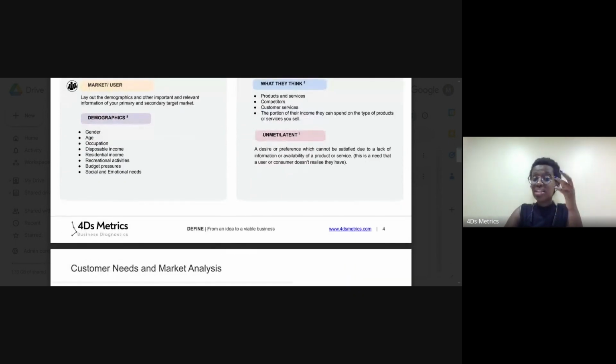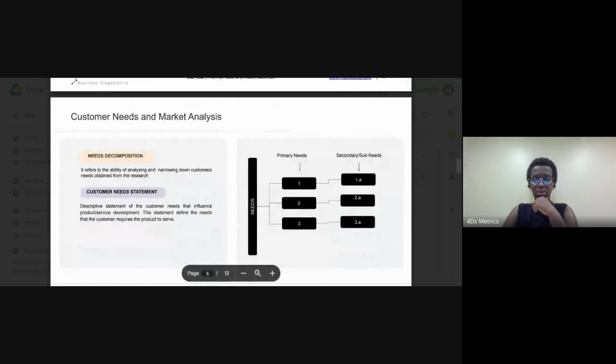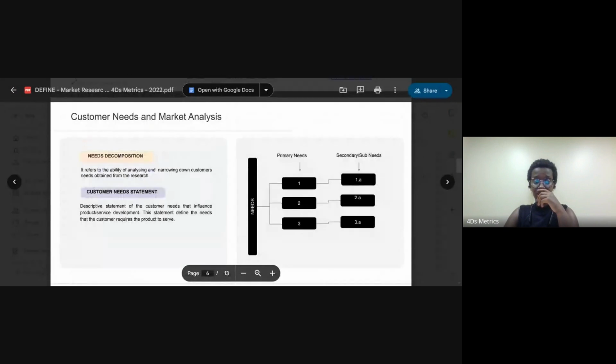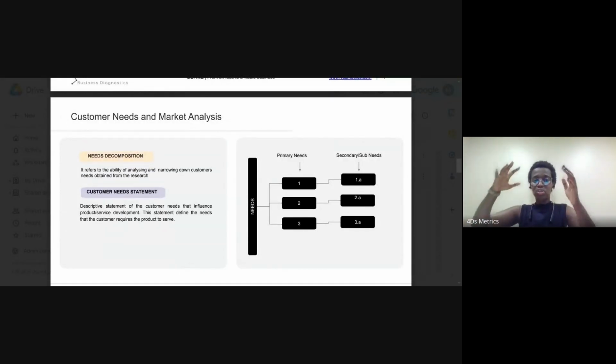It also, in the observation, you get to see needs that you did not think about before, but customers have shared, and it also gives you an idea of what needs they have that they do not know they have, because sometimes somebody could have a problem and they do not know it is a problem. So moving on very fast, after you have done the customer needs in the research, you break them down. Somebody could have told you a list of problems, but you're going to say, this is the biggest problem I'm trying to solve, and you break it down and say, from these needs, they could also be rooted with this need. So I am solving for